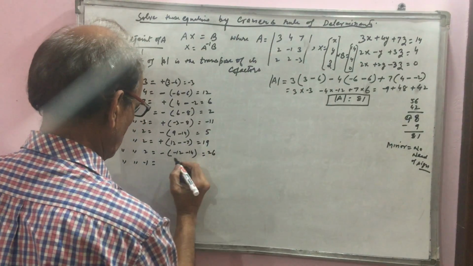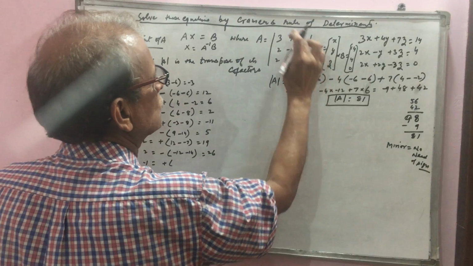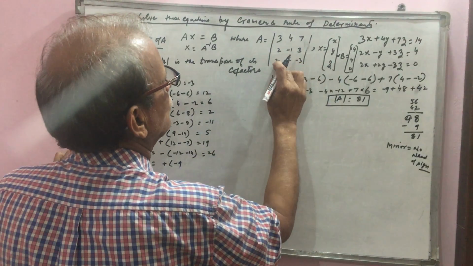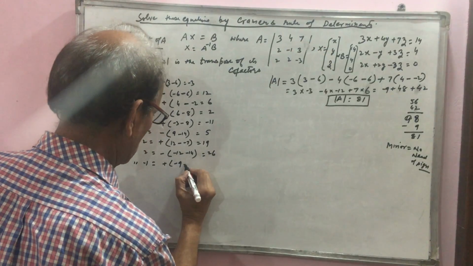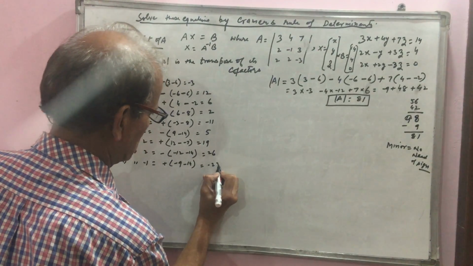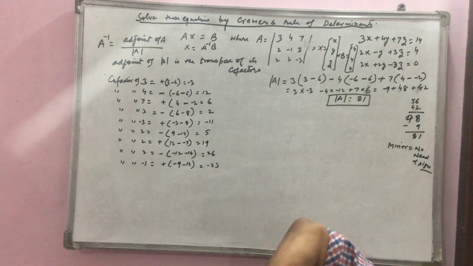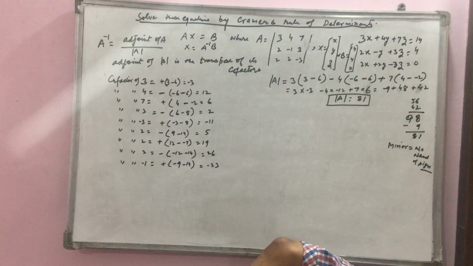Positive, negative, positive. Put the positive sign. Read this row and this column. 2 minus 3 minus 9 and 2 7 minus 40. It is minus 23. So